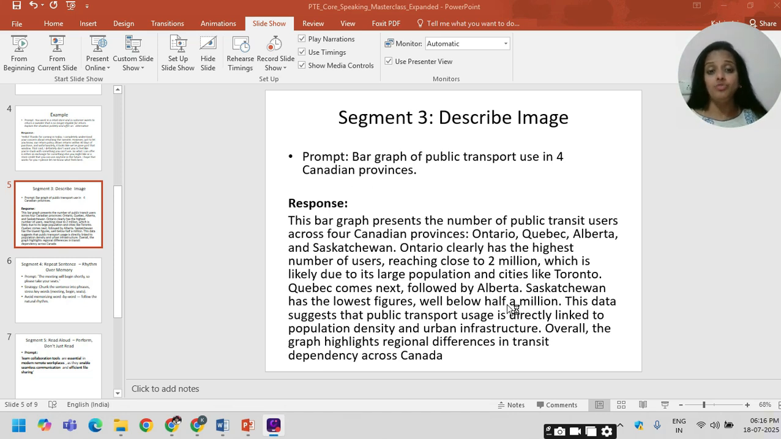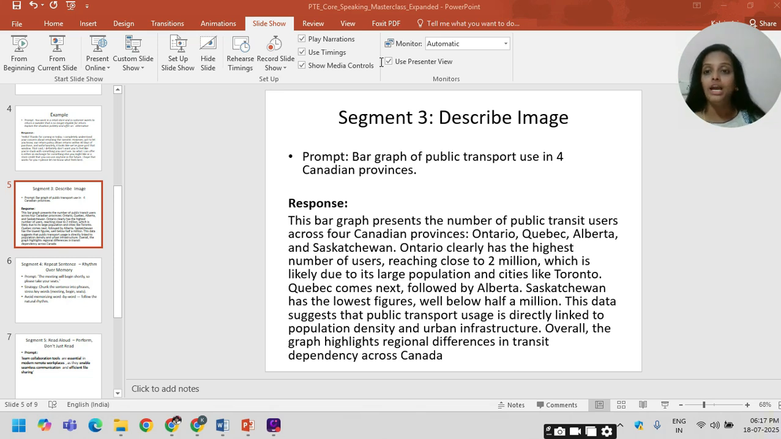So, what makes this response unique? First one is geographically relevant. We have used actual province names and mentioned the Canadian cities too, right? And also, if you see, it is well structured: it opens with an overview, it compares the values, and closes with a clear conclusion. And here, vocabulary matters. If you see phrases like population density, urban infrastructure, regional differences, it shows maturity